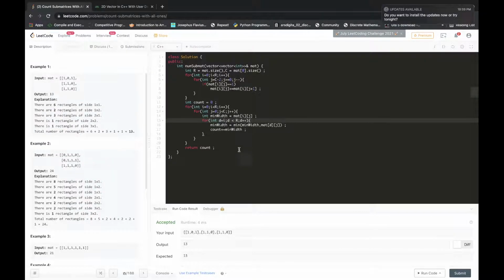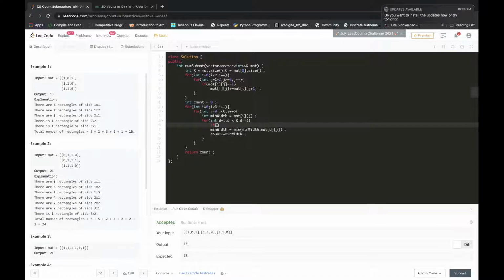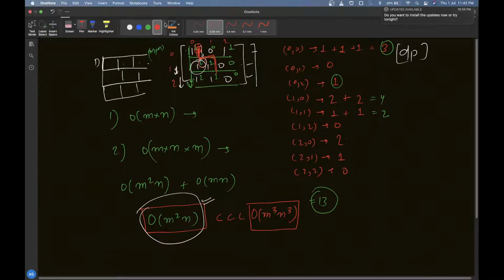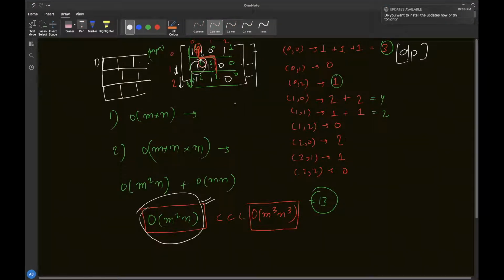One other optimization that we could do if you want to speed up the code is, if min width is 0 at some point, then there is no point in going further. For example, consider this case: here it was 1, 1, 2 and then 2.